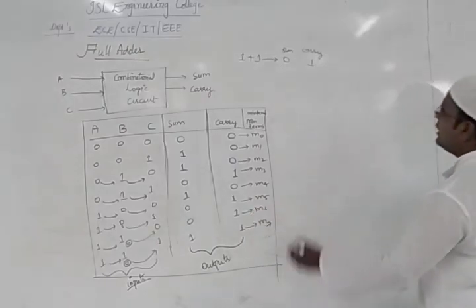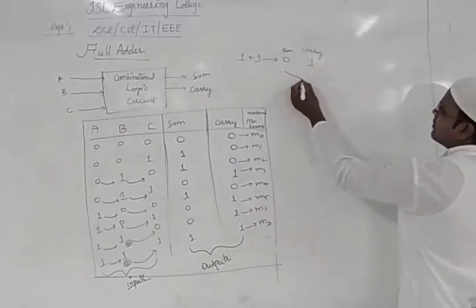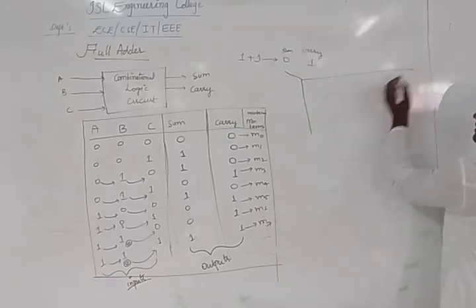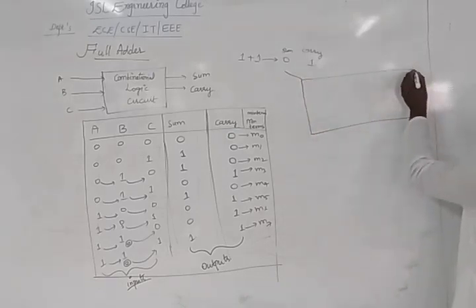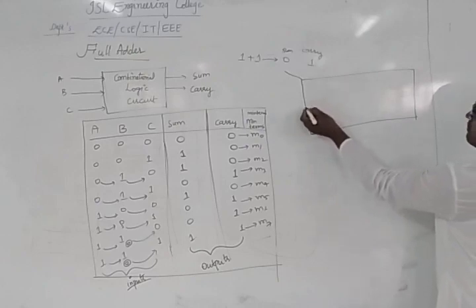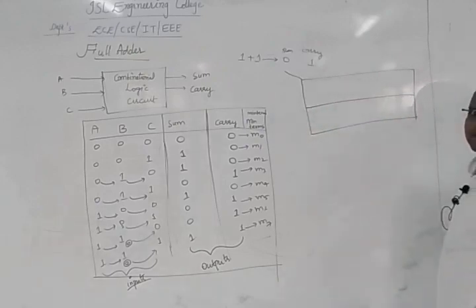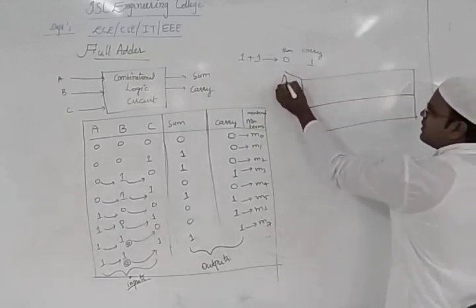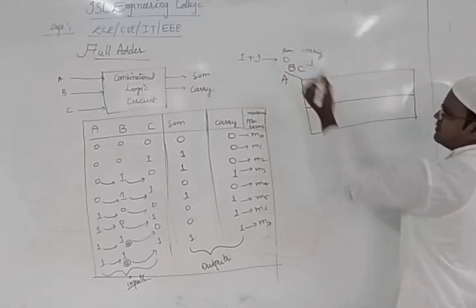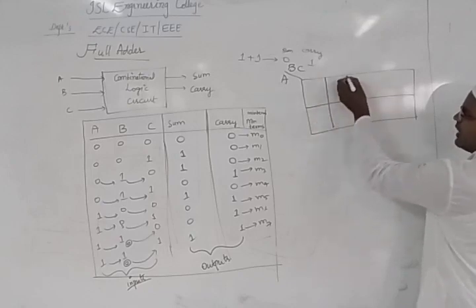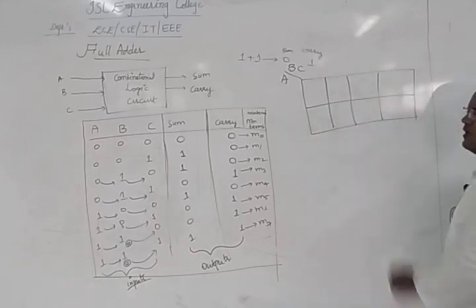Next thing, we need to write the first output, that is nothing but the output for summation. So in that I'm taking a three variable K-map. So what are the three variables I have? I have A here, then I have B and C. So for that I'm taking A, B, C, then I need to write the output for it. So this is the way I'm making it.